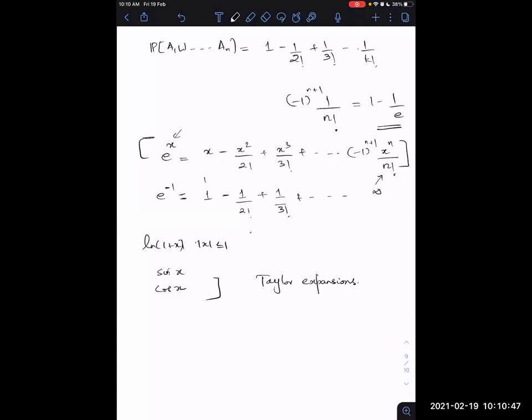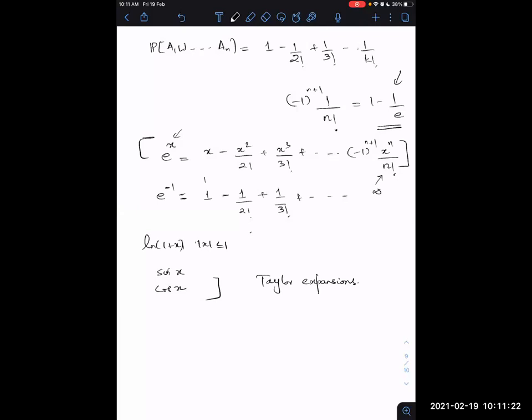And what this means is the probability that you have a card matching when you have infinite number of cards. So you have infinite number of cards, you shuffle them and you put it on the deck. What you expect to see is that when you have a large number of cards, you don't expect it to match with any position, right? Because there are a lot of shufflings possible, and it's very unlikely that some card is in the same position. So we expect this probability to drop to zero, but actually it's dropping to some constant.